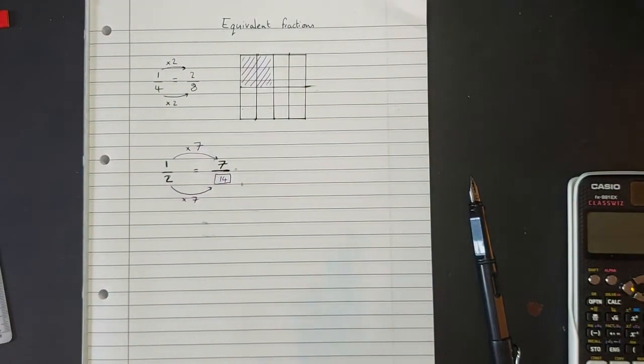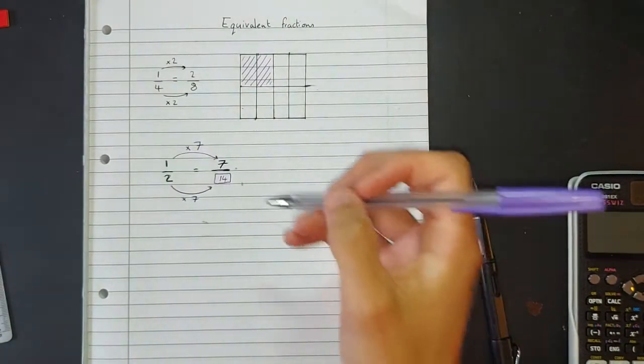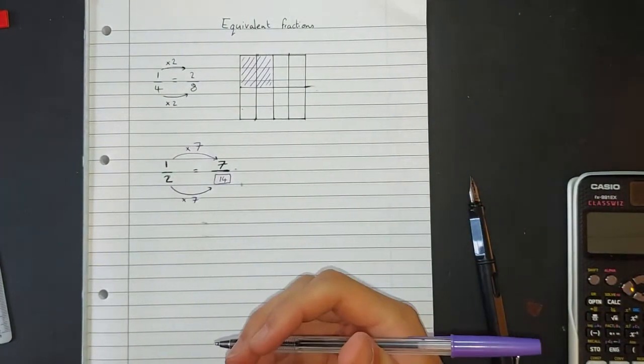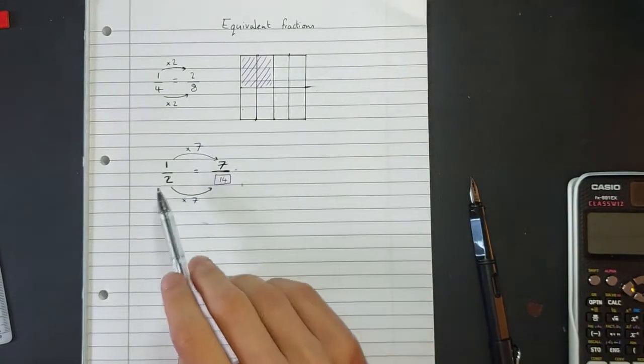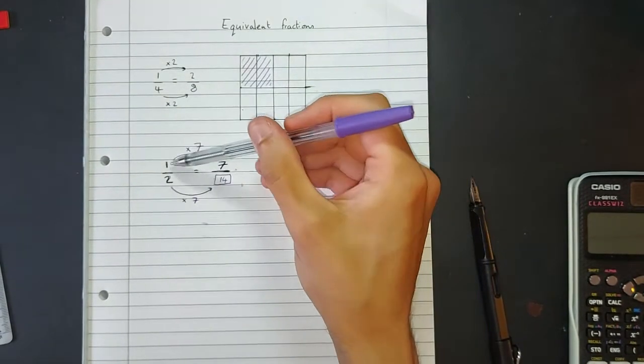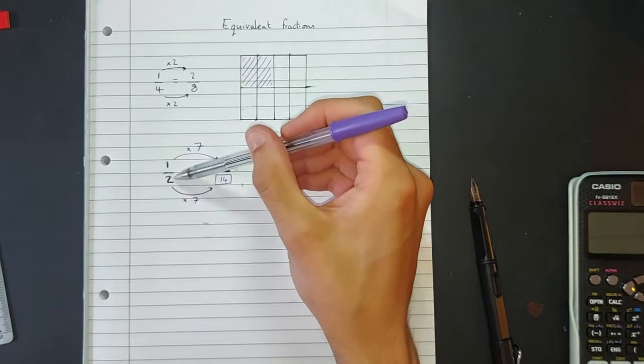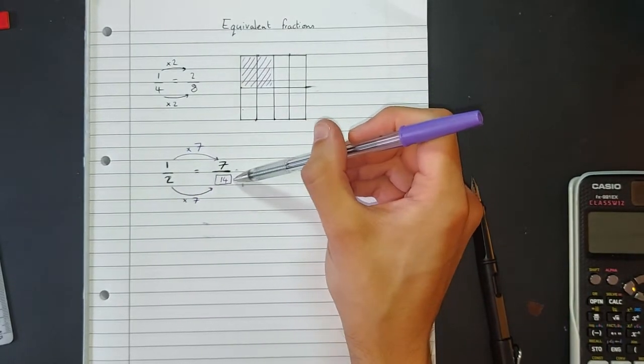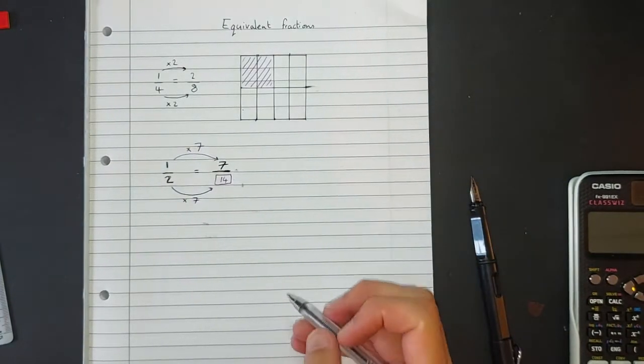Okay, so another important thing to remember when you're looking at fractions is that the relationship between your denominator and numerator has to be the same. Okay, so we know that 1 is exactly half of 2. Okay, and 7 is exactly half of 14. Okay, so